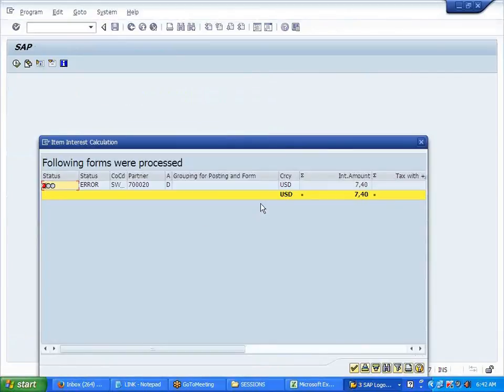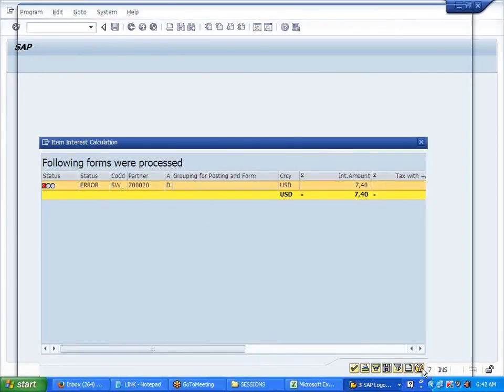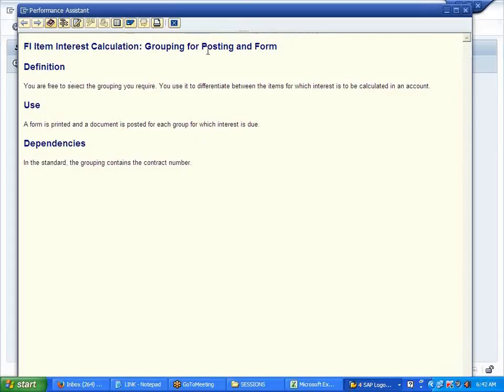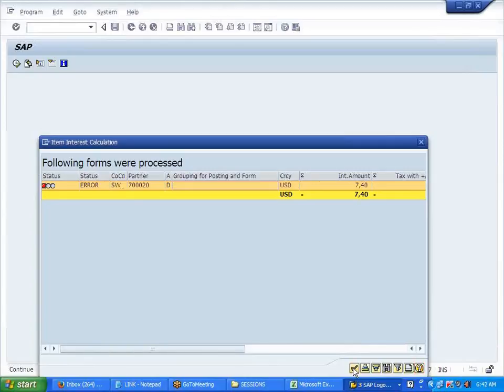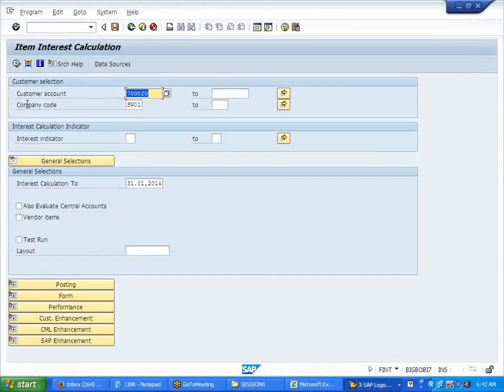Continue. Some error it has given. Okay, nothing.